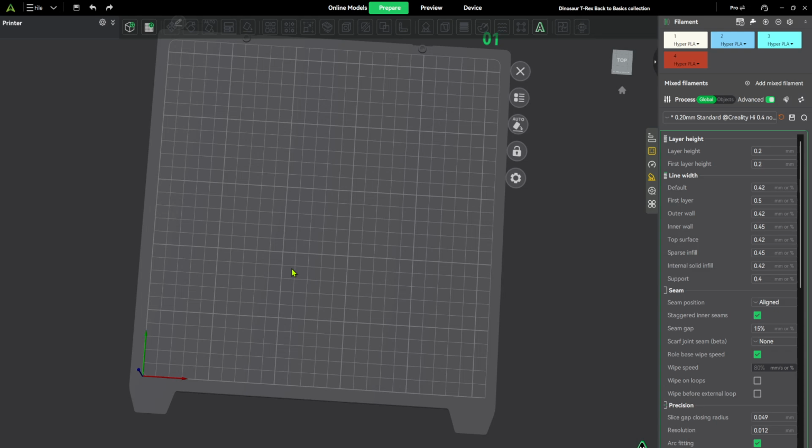Hey guys, welcome back. So in this video I'm going to show you how to open 3MF file in Creality Print. So use this if you downloaded a file from a site and want to keep the creator's exact print